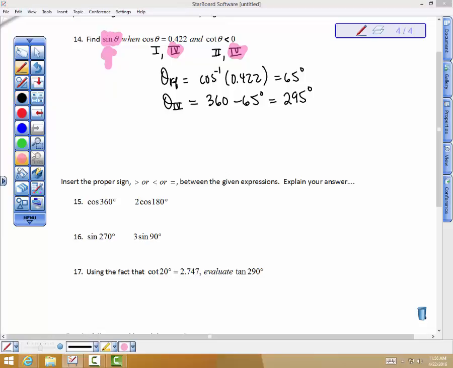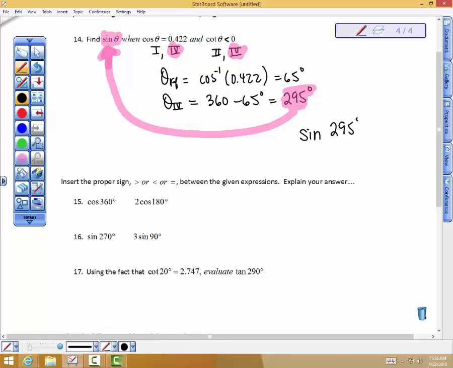I'm not done now. In this problem, I want to take that angle and find the sine of it. That's what they asked me to find. So find the sine of 295 degrees. And the sine of 295 is equal to a negative 0.906. Finally, I have completed. We'll come back to finish up these last few tidbits in the next